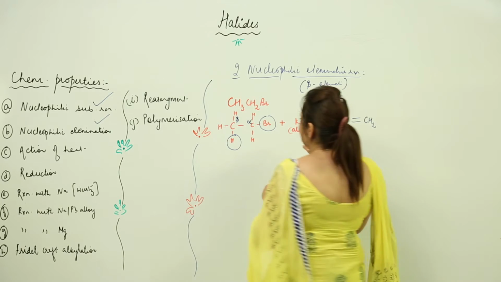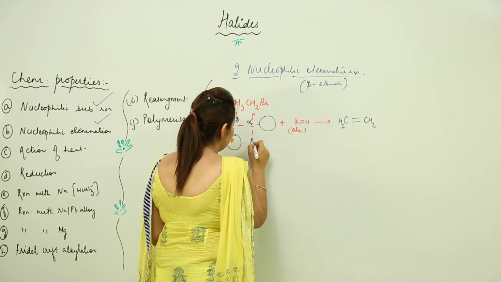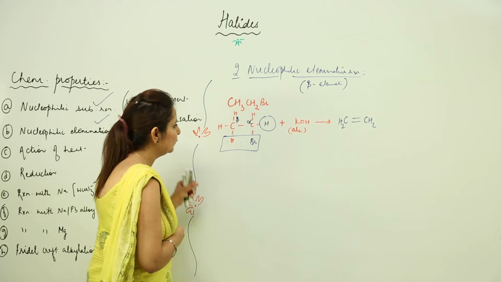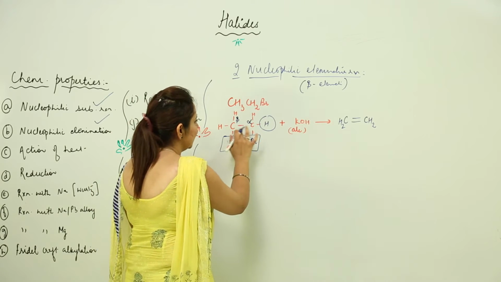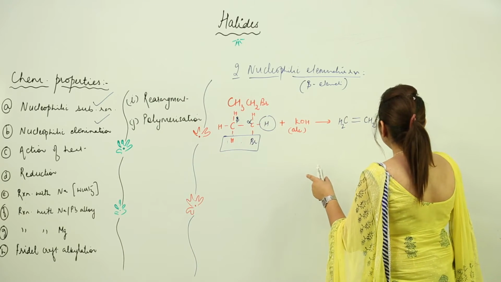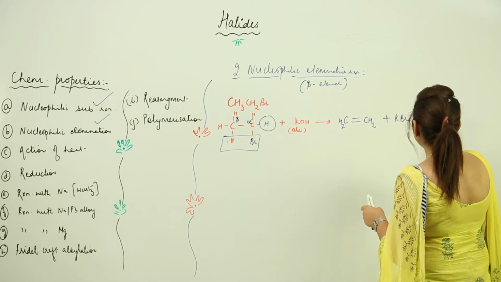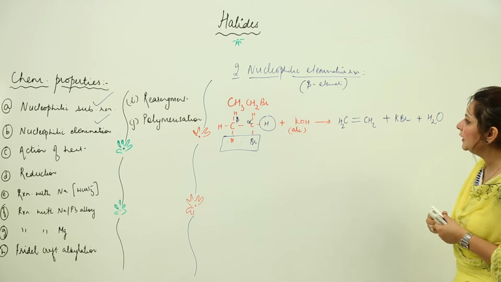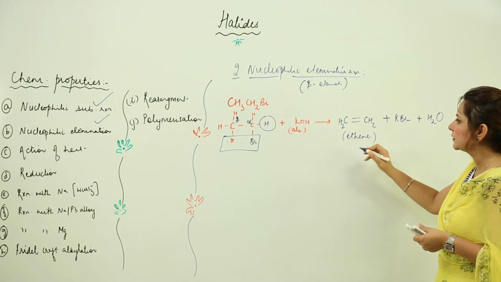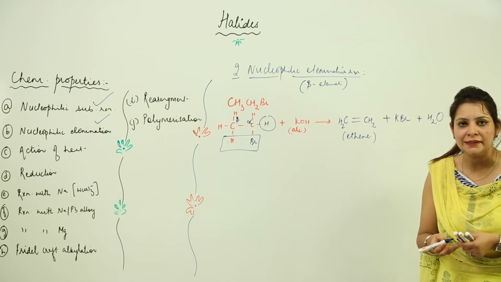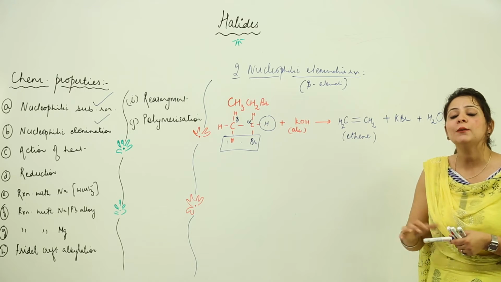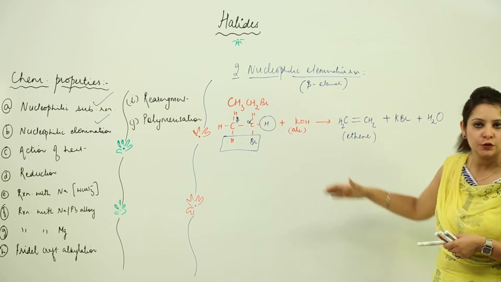I'll do it this way so you can understand better. A molecule of HBr gets removed, and these bonds are regained by forming a double bond. What we get here is KBr, since K reacts with Br, and H with OH forming H2O. So by nucleophilic elimination reaction, what we get is alkene. In this case, we get ethene because we started with ethyl bromide. Likewise, if you take propyl halide, you will get propene. So you can prepare alkenes with this elimination reaction.